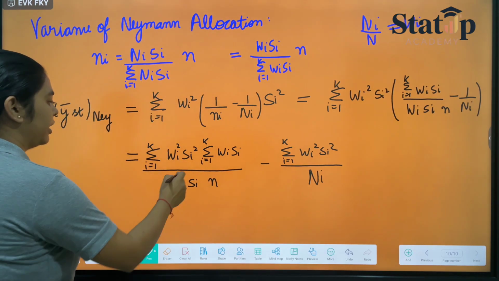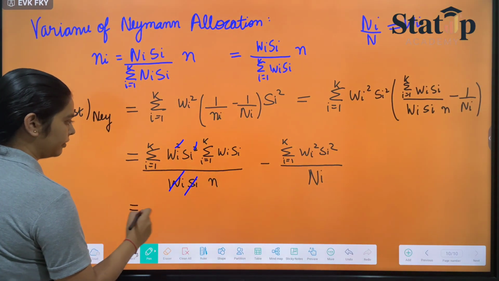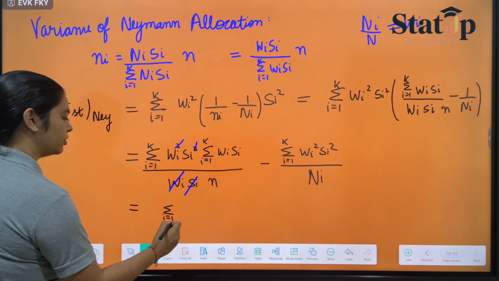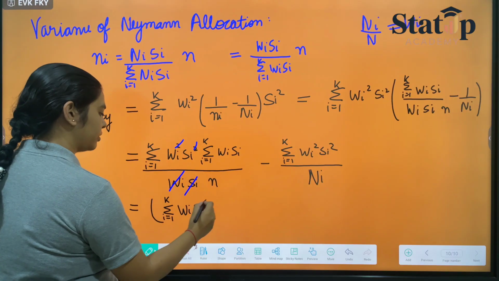Now here one Wi, one Si gets cancelled from here, and we are left with summation i goes from 1 to k WiSi whole square